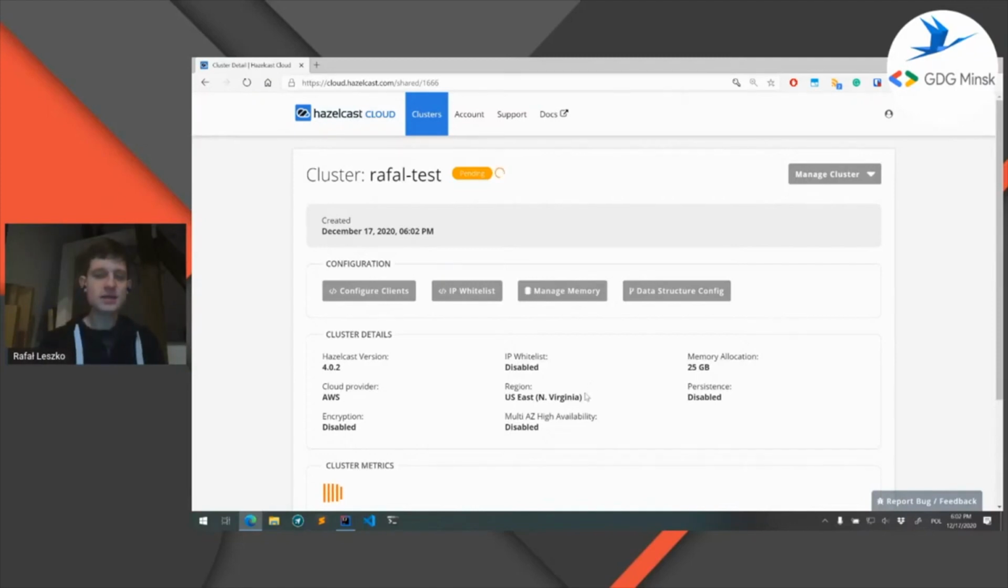That is why, if you set up your cache server in the cloud, you better make sure that you set it up in the same region where your application is located. But that is not all. You should also